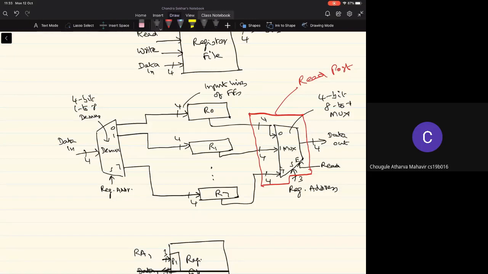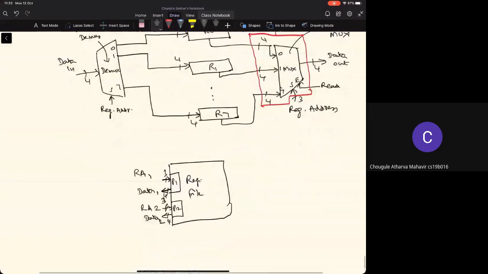I'm just trying to see whether any of you will give the answer. Yeah, clock signal only for that register. Good. So how do we do that? How do we make sure that the clock signal only for that register will be active? Okay. So again, you have to use one more circuit, which I think all of you are familiar with, right?